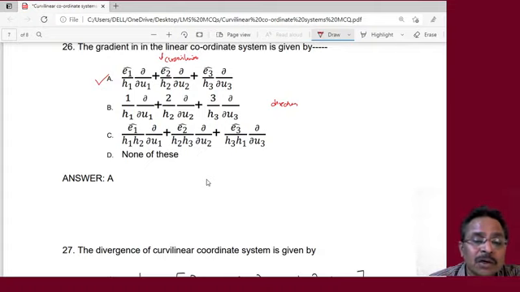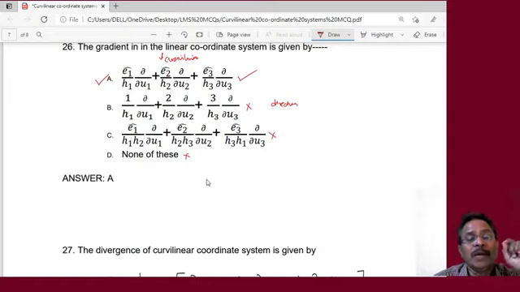In the third option, E1 cap, E2 cap, E3 cap appears there, but the scale factors are appearing here as H1, H2, here H2, H3 and here H3, H1. That is also not correct. So therefore this is also not the correct answer. This cannot be it either, and therefore the correct answer of question number 26 is A, that is E1 cap